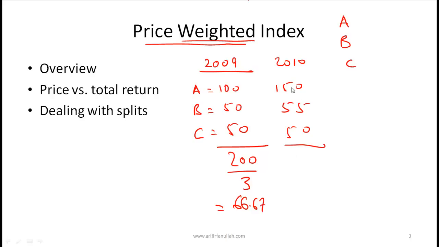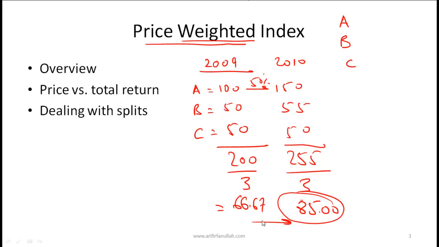Our new index is 100, 200, 255 divided by 3, which is 85. So our index went up a lot because the heavyweight stock, given that the weightage is based on stock price, went up by 50%, and that had a huge influence on the